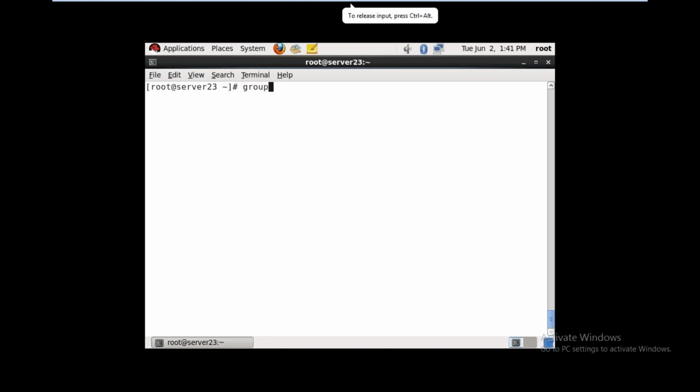Next, to delete a group, groupdel space group name. I am just showing the command to delete a group, groupdel group name.